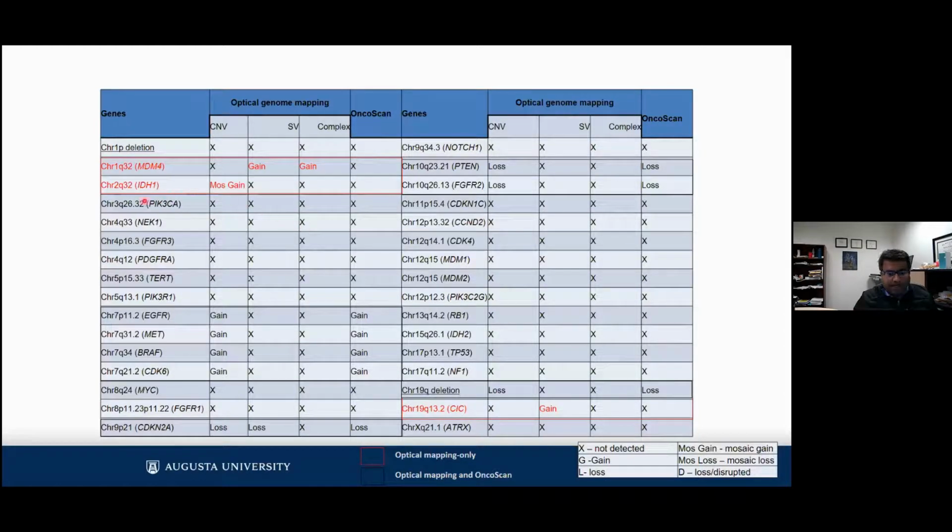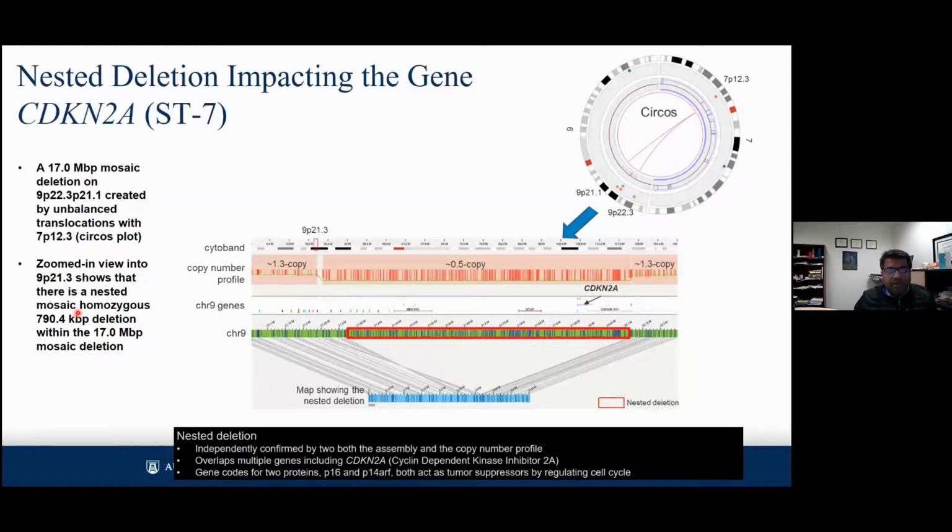And the red boxes are the ones which we have identified only in optical mapping, and the black boxes basically show you the concordance of optical genome mapping with Oncoscan on a case-by-case basis at a chromosomal and gene level. Continuing on the same case,